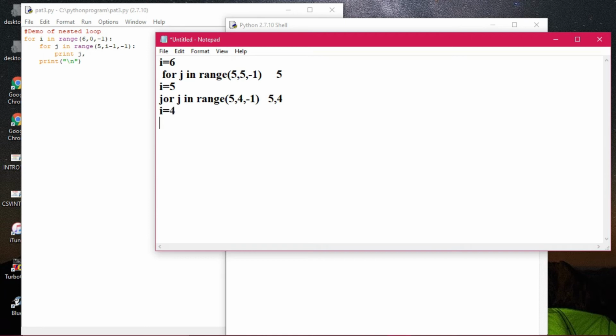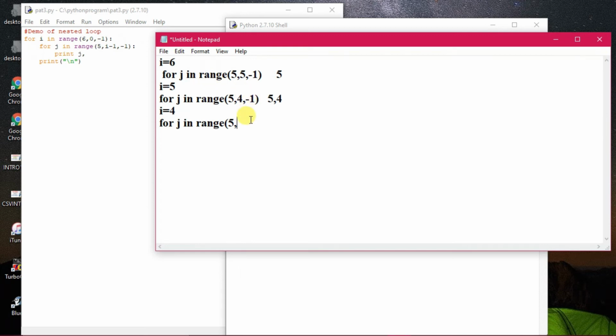Sorry, here by mistake I have written 4. So now students will see, for j in range, it will start again from 5. Now what is happening? It is coming up to 4. Then it is decreasing by minus 1.